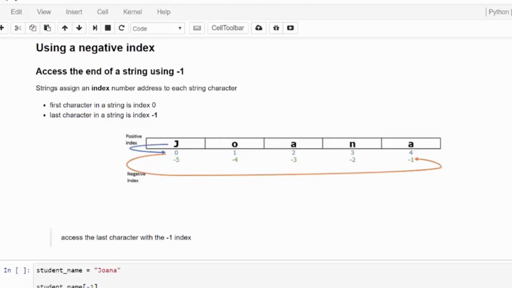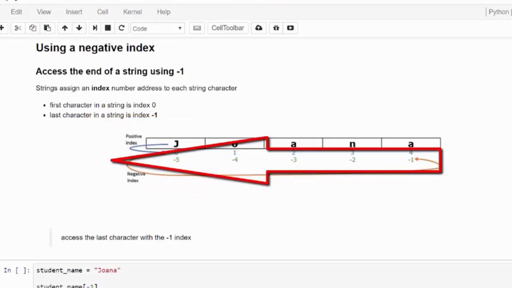J in the first position is at index 0, and the letter A at the last position is at index 4. Or we can use negative indexing and see that the J is -5 because the A position, the last letter, is -1. So we count back from the -2, -3,